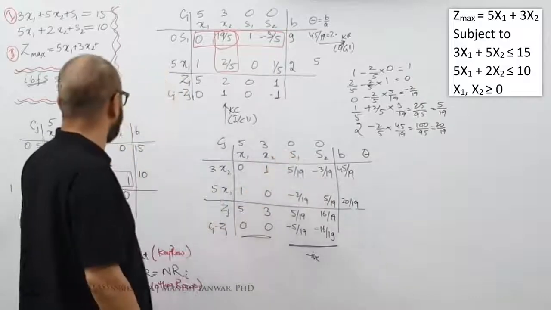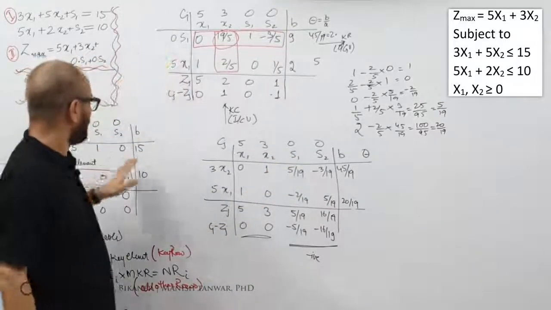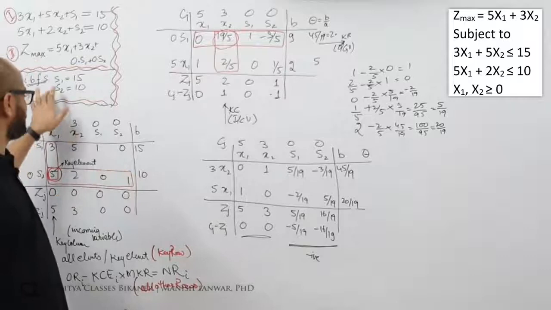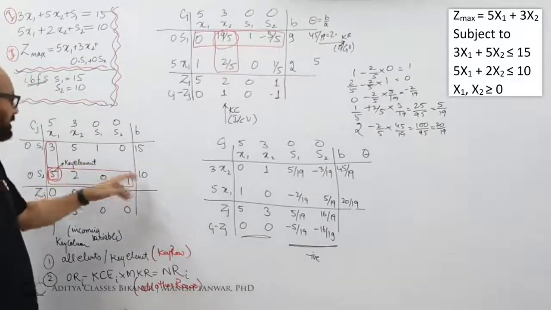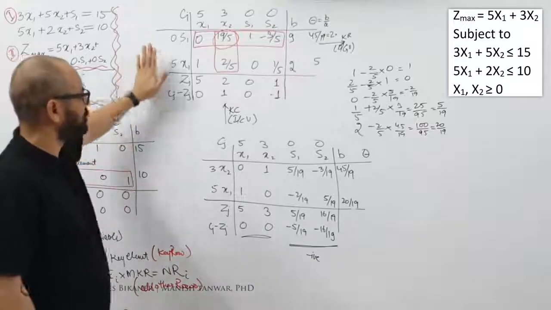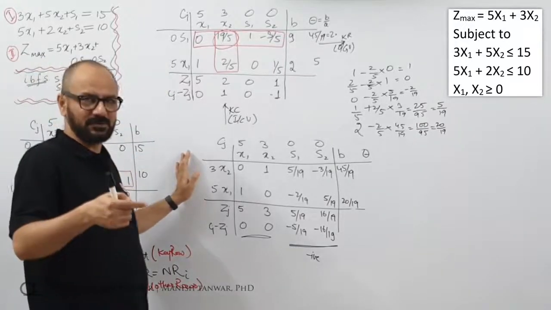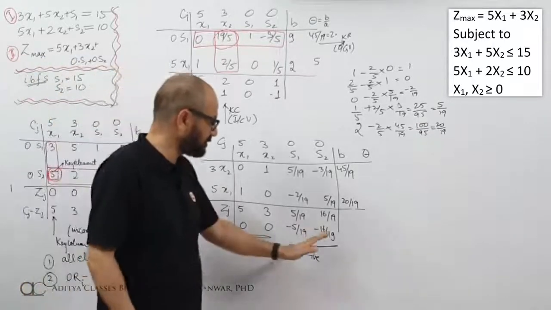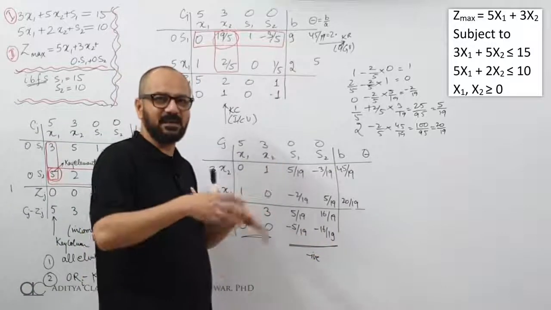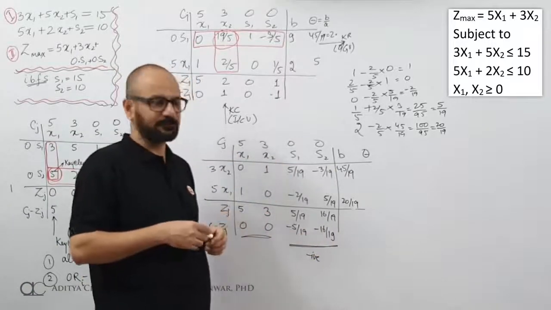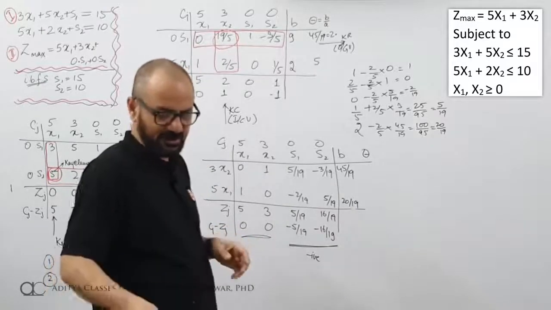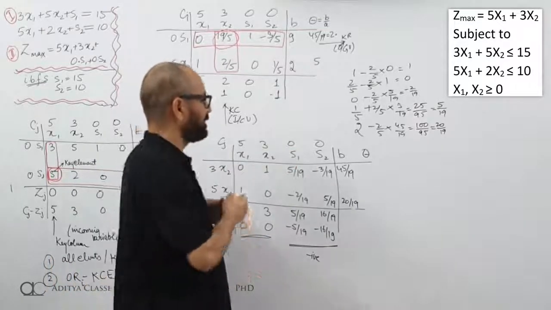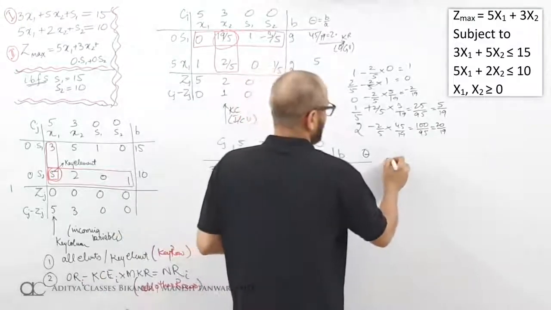So this is my iterative process, starting from my IBFS, S1 is equal to 15, S2 is equal to 10. Starting with my IBFS, I try to optimize upon it in an iterative process. And finally, I reach a situation where none of the variables has the capacity to improve my profit. So my solution at this point, because it has been optimized, would be